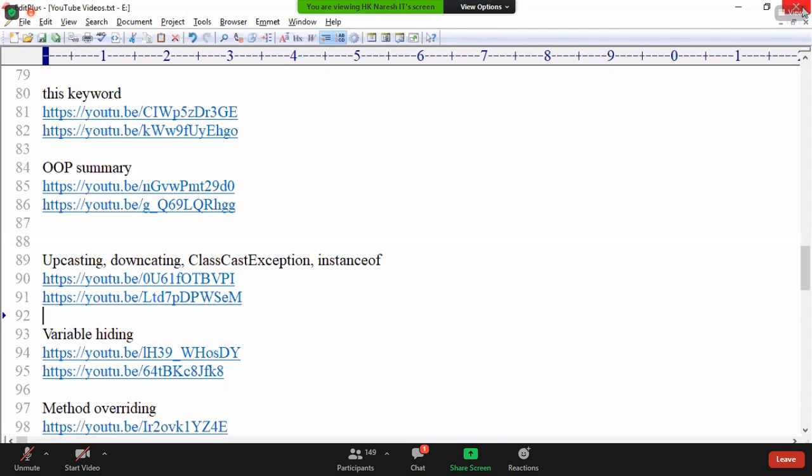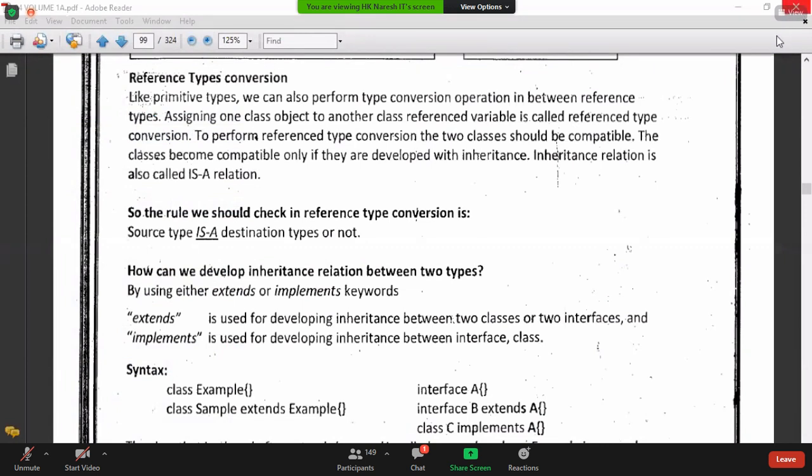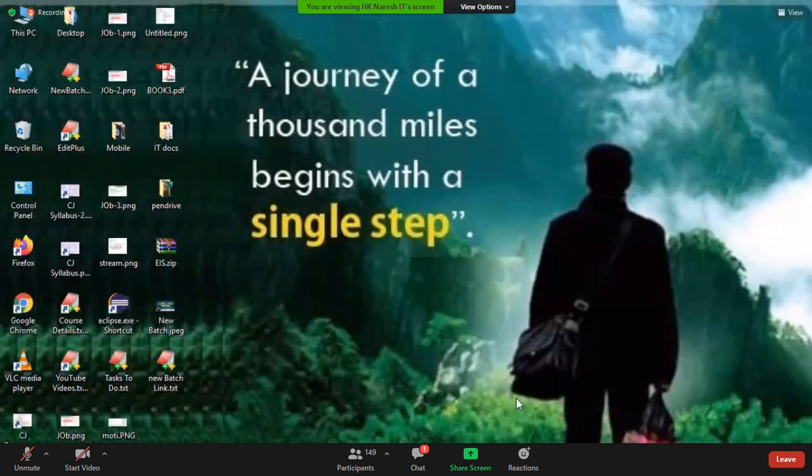I gave what is upcasting, what is downcasting. Storing a subclass object reference in a superclass variable is called upcasting, and converting from superclass type to subclass type by using the cast operator is downcasting. So, a small problem, class cast exception, is there, and instanceof operator usage is there. Okay, it's just a three hour class. So try to watch by your own. And if you have any questions, I will answer your questions in the next class. So now let's move to the next topic.